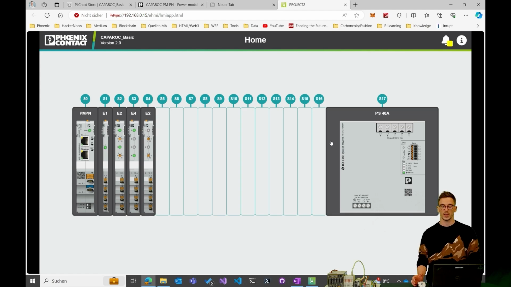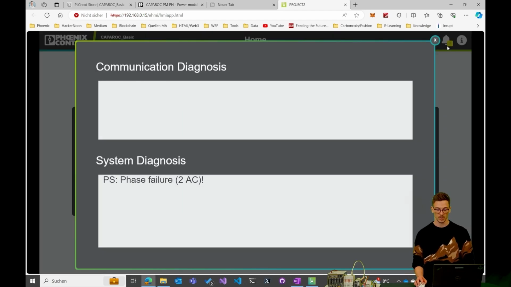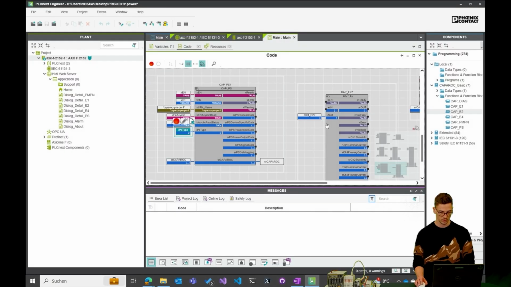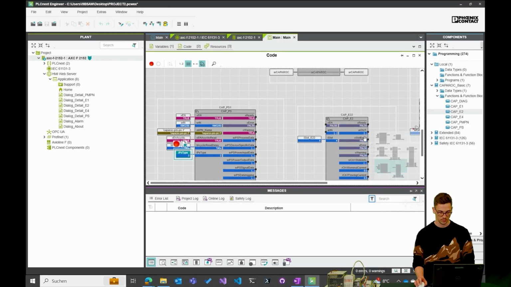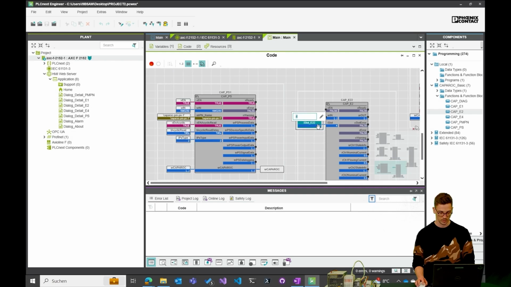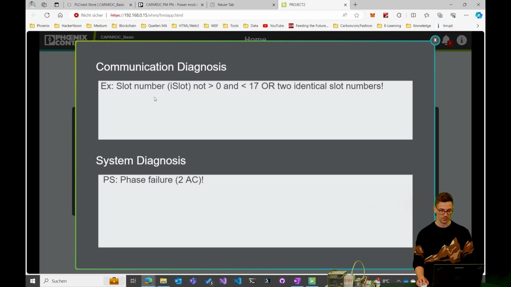Now, where do I get the data from the CAP DIAC, you may ask? It's up here in the diagnostic window, alarm window. Right now we only have this system diagnostic. It's PS phase failure. Let's set this to 3. We would have a slot number error here.